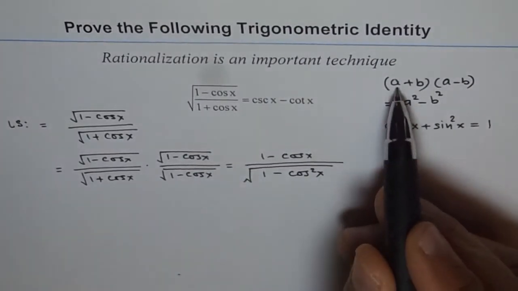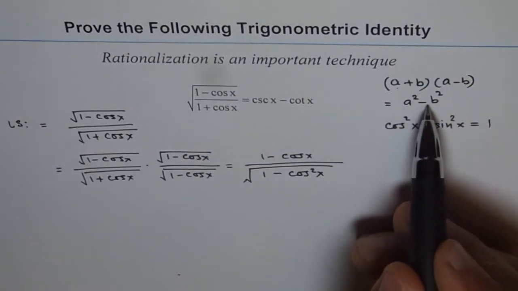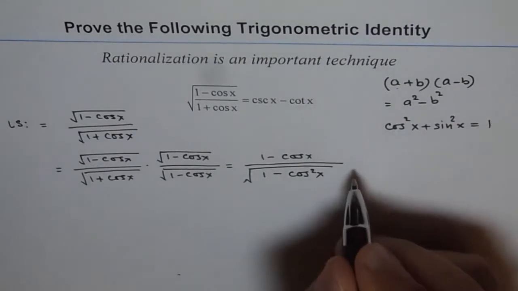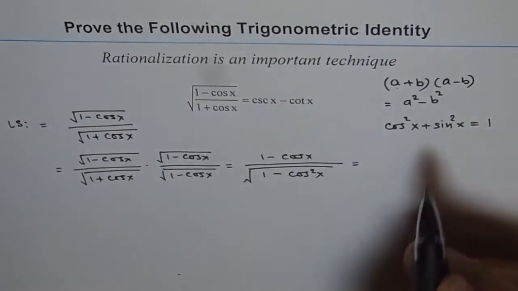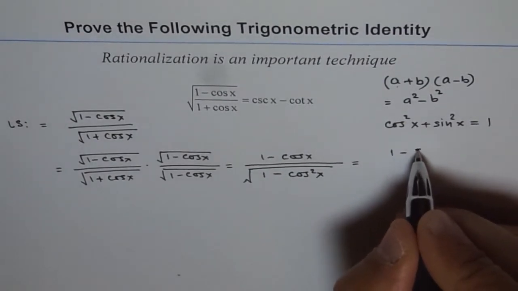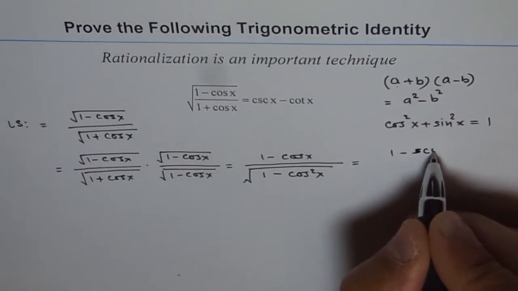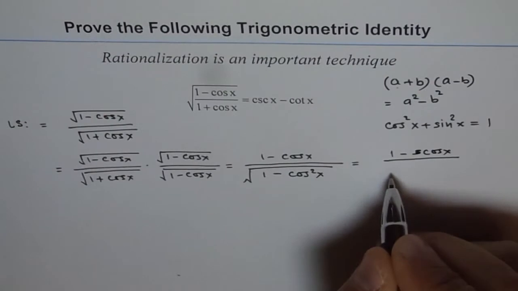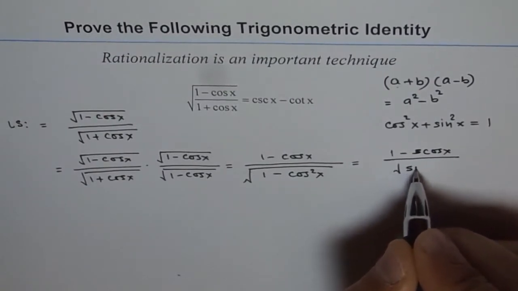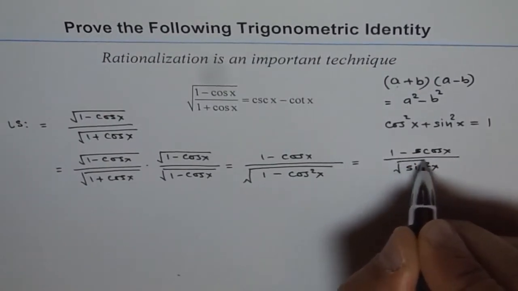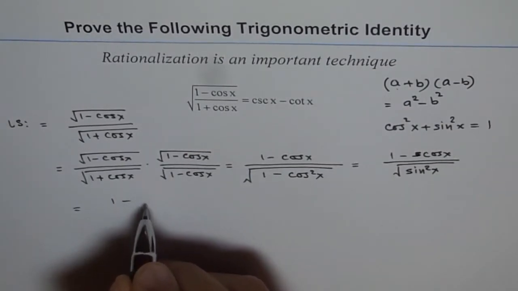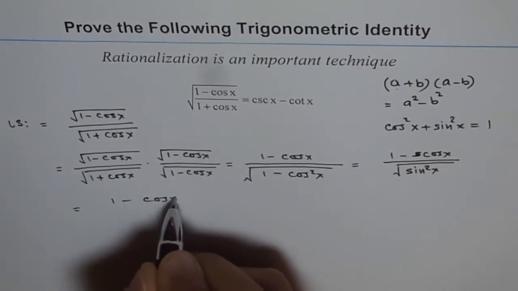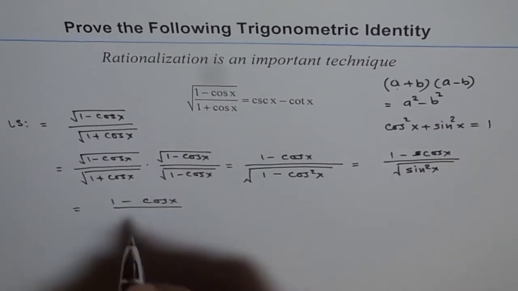Correct? (a plus b) times (a minus b) is a square minus b square. Correct? And now 1 minus cos square x will be sine square x. So we'll replace the denominator with the square root of sine square x, correct? And now this could be written as (1 minus cos x) divided by sine x,